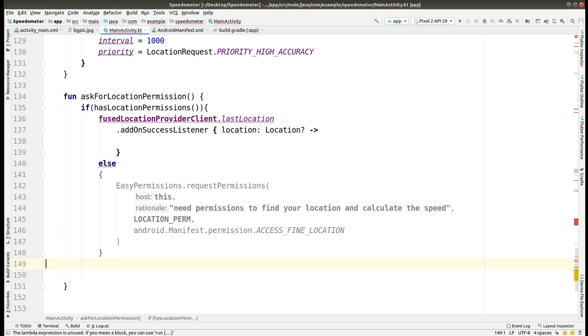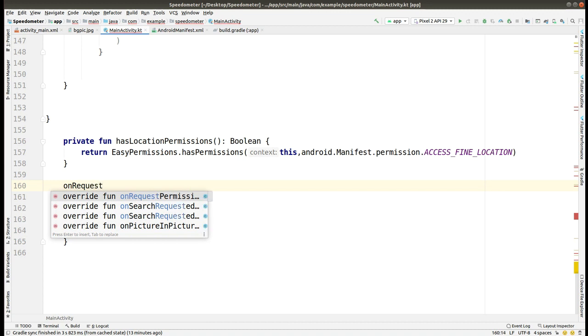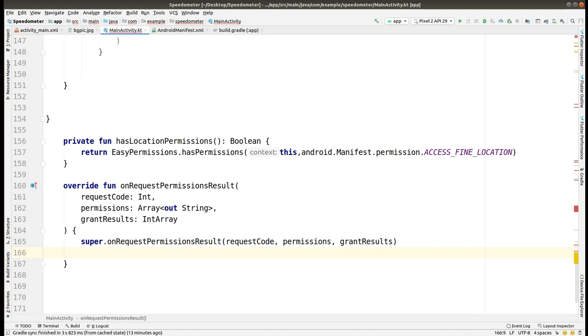Okay, so here we have to make a few more functions as they are needed for this EasyPermissions library, and we'll check what kind of functions we need. First of all, we have to add another function, that is onRequestPermissionsResult, and this is the main function that we have to add for that EasyPermissions